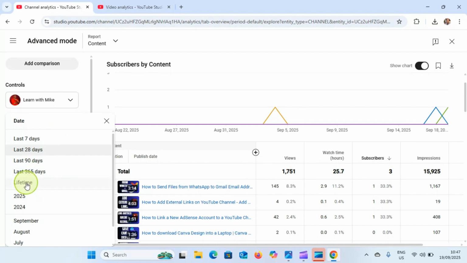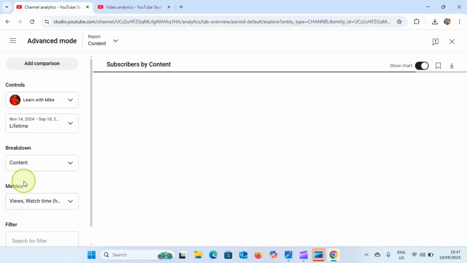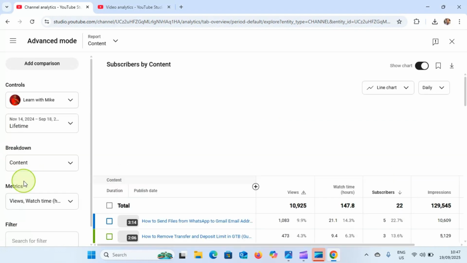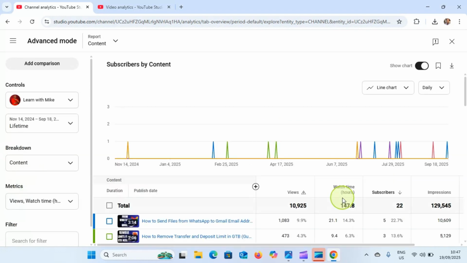lifetime, but you can select any option. Maybe you want to know how many subscribers you have gained in a particular year, you select it. All right, or particular months, there are so many options. Okay, but let's go with lifetime. I'll click on lifetime. Okay, this has opened and it's telling me the number of the videos that have brought